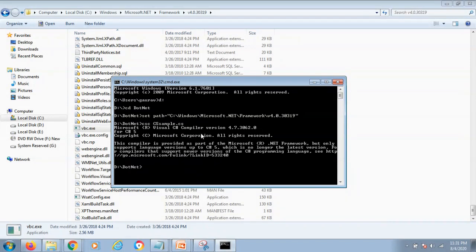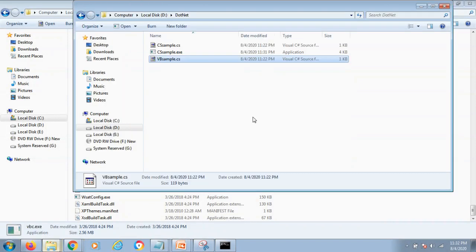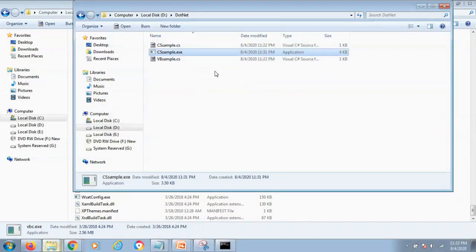This file has been compiled and now it has created MSIL code. See there. Here is a file, cssample.exe, that is simple MSIL code which will be used by the JIT at runtime.